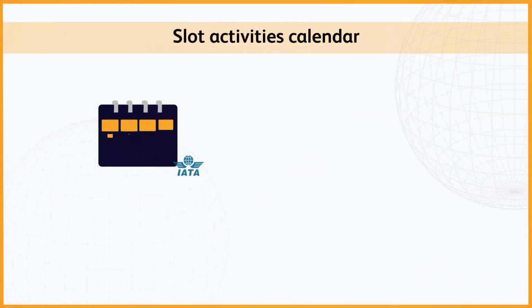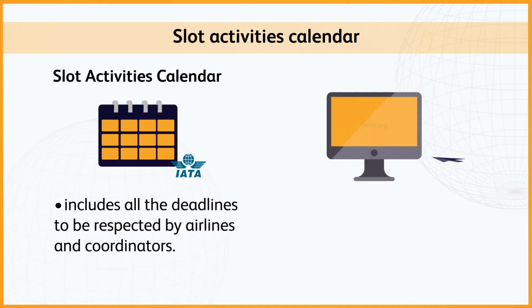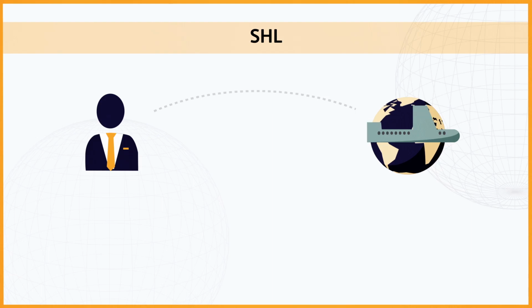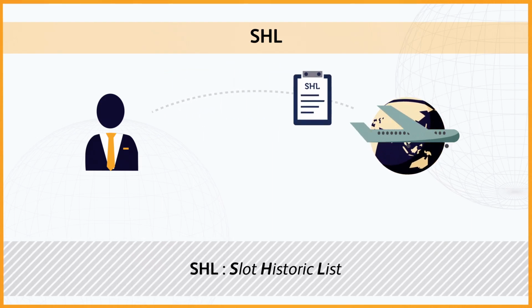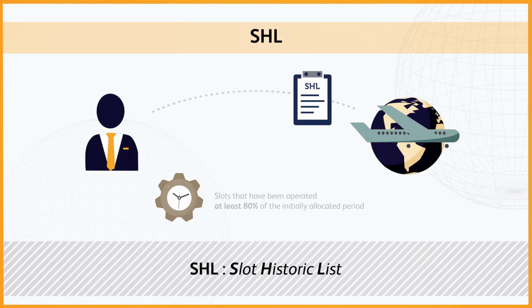Each year, IATA publishes the Slot Activities Calendar, which includes all the deadlines to be respected by airlines and coordinators. Six months before the start of the season, coordinators send to the airlines the list of the historical slots, SHL, they can request. This list must include all series of slots that have been operated at least 80% of the